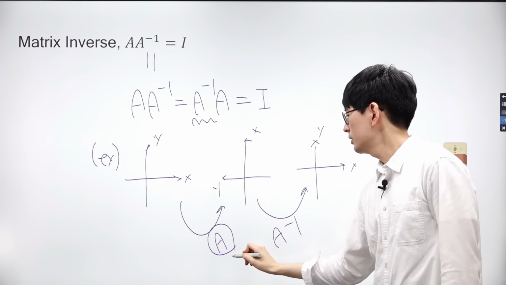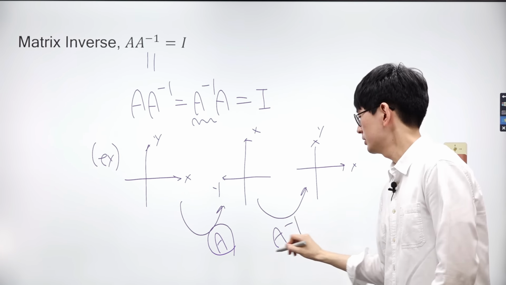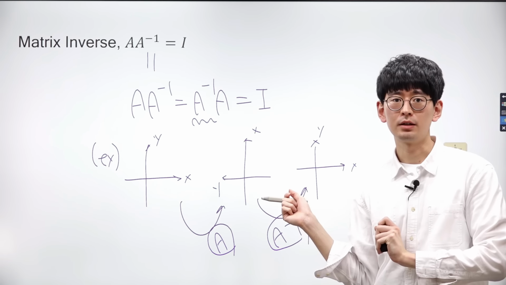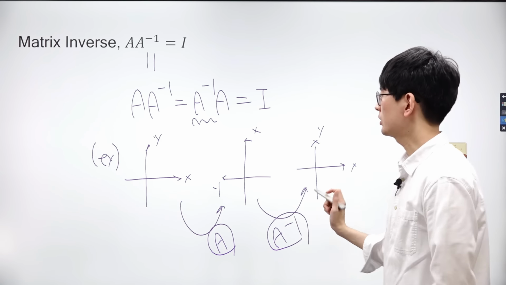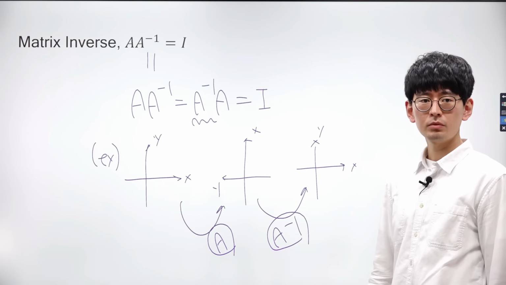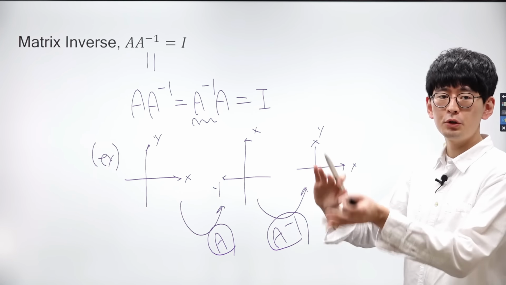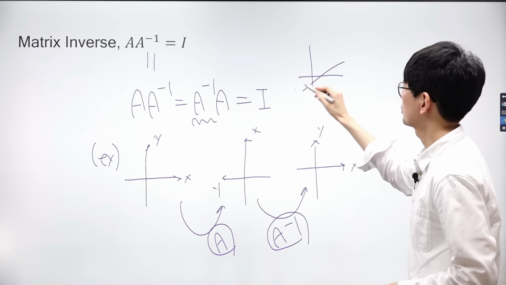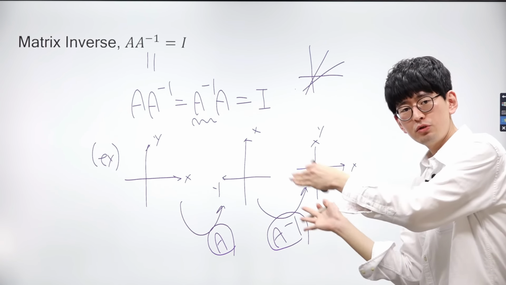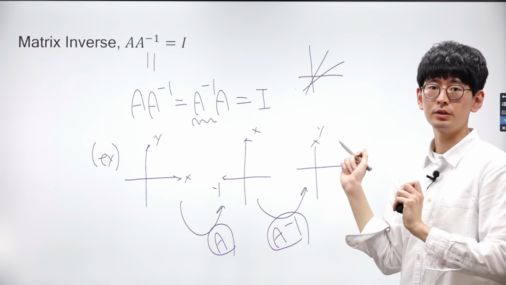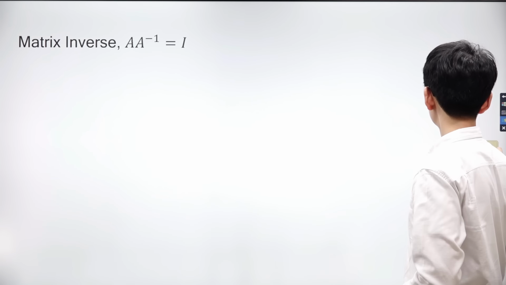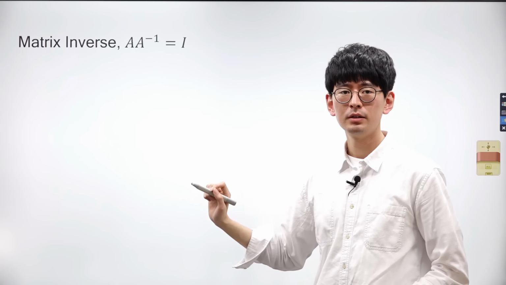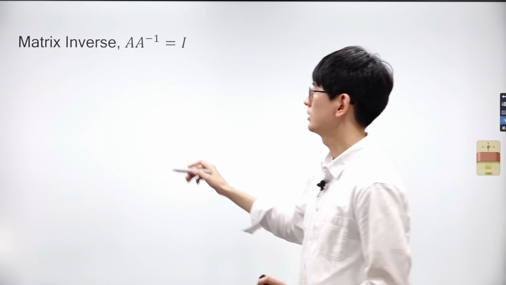Restoring the original space requires a 90-degree clockwise rotation. Therefore, the inverse matrix of matrix A is a rotation matrix that rotates the space 90 degrees clockwise. For every rotation matrix, there exists an inverse matrix that rotates in the opposite direction by the same angle. Similarly, matrices that shrink the space also have an inverse matrix, as the space can be restored to its original state by scaling the size of its coordinates.